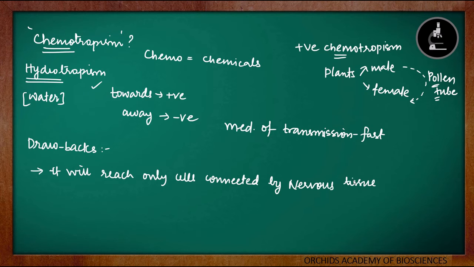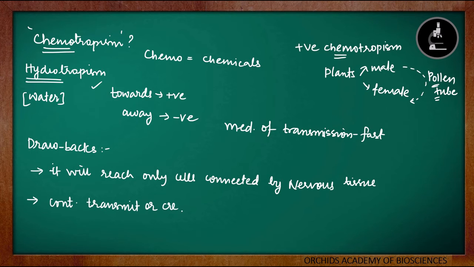So this is the first drawback. It cannot reach all the cells of the body. Secondly, once an electrical impulse is generated in a cell and transmitted, it will take some time for the cell to reset its mechanism before it can send the second impulse, or it can create the second impulse. So again, here comes another drawback of the nervous system, that is, it cannot continuously transmit